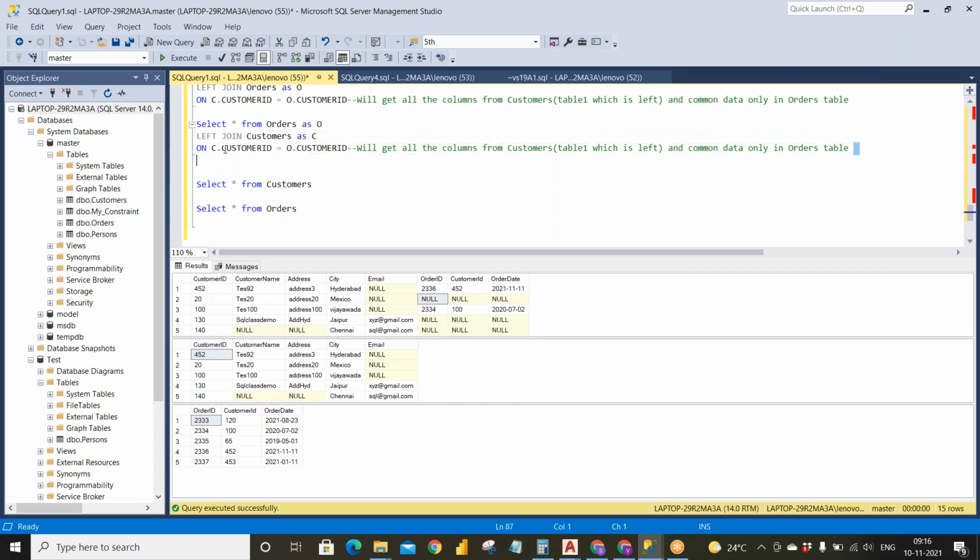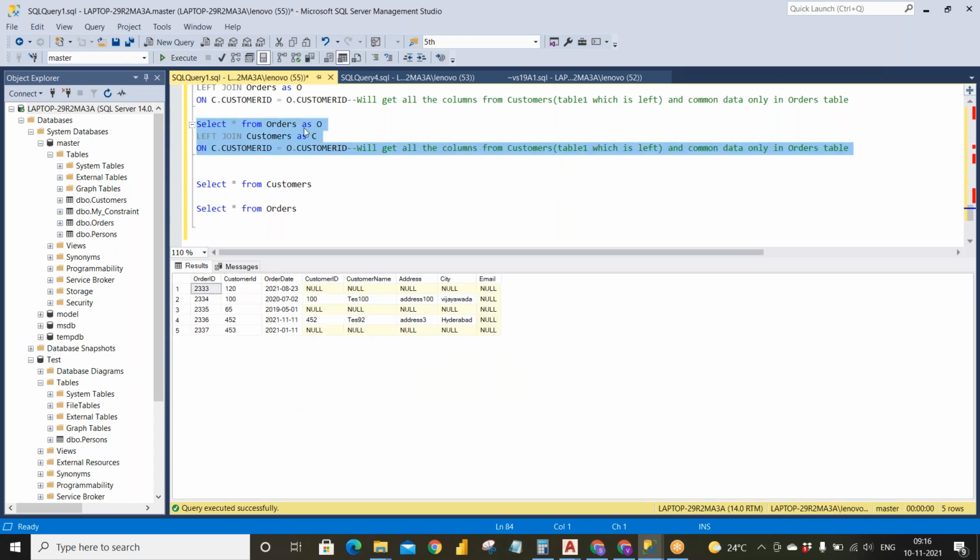As the orders table is the first table, we'll get all the data of the orders table and only the common data of the customers table. We will see that. I'll execute all 3.